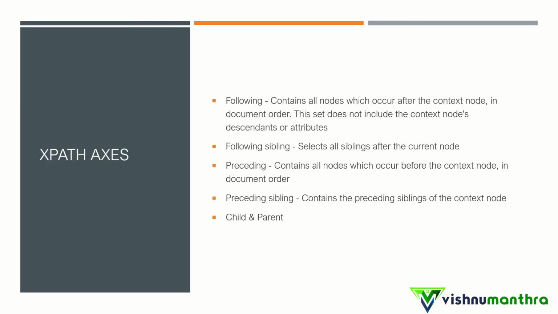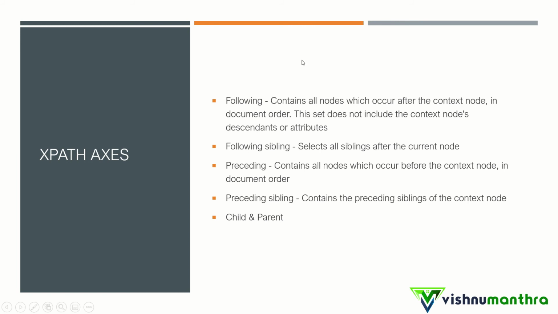You can now see the XPath axes. I'm not going to take you through all the types of XPath axes. We will only look into some of the important ones, and that will help you very much in your automation career. So here I have something called following-sibling, preceding-sibling, child and parent. These are also XPath axes, which will help you traverse through the HTML DOM structure.